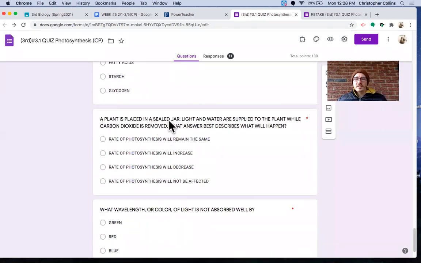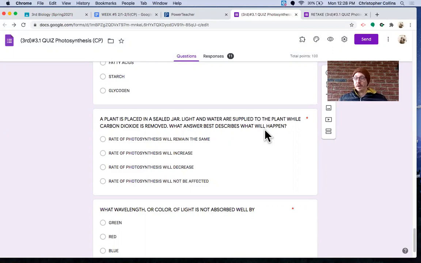A plant is placed in a sealed jar. Light and water are supplied to the plant while carbon dioxide is removed. What answer best describes what will happen? Well, remember, plants need sunlight, water, and carbon dioxide. So if I'm giving the plant only two of the three things it needs, it's probably not going to be